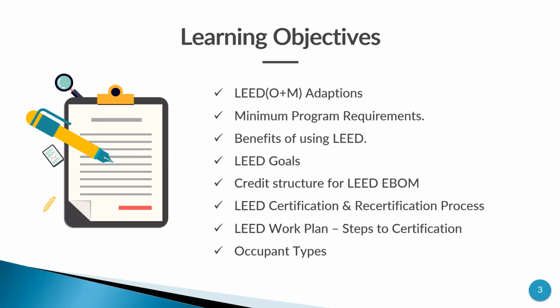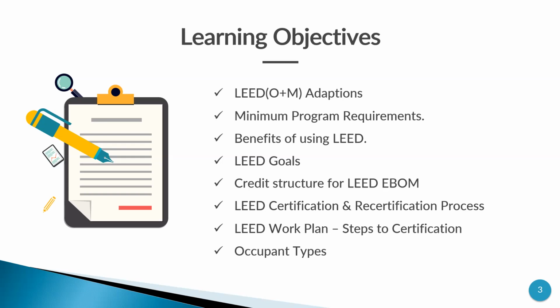So here we will be looking into the outline of LEED. How did this LEED O&M adapt over a period of time? Then what are the minimum program requirements for the project to be eligible to apply for LEED certification? Then what is the benefit of using LEED strategies in the project? What are the LEED goals based on which the LEED strategies are developed to implement the LEED rating system into the building? Then what is the credit structure for